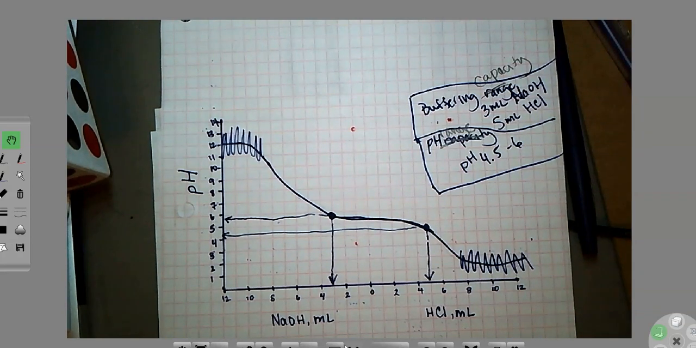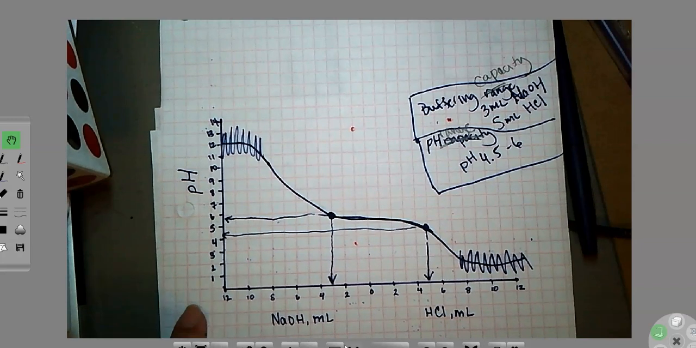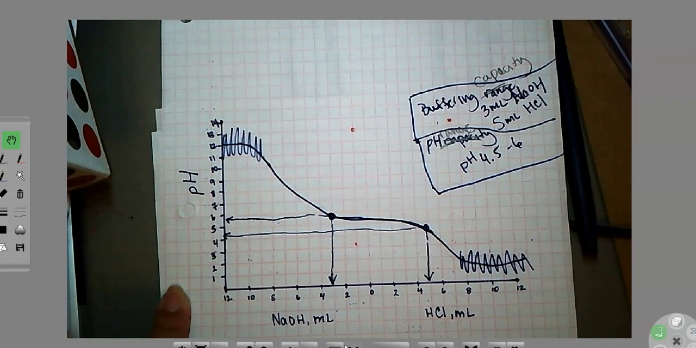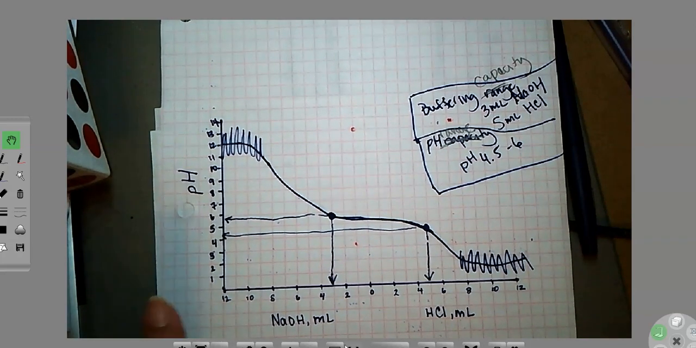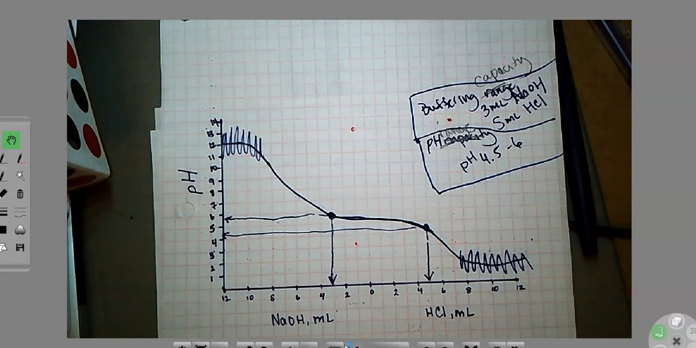So the buffering capacity is how much a buffer can handle, and that's going to be on your x-axis. And then the pH range is going to be the range in which your buffer is working to maintain the pH, and that will be on your y-axis. Okay, so the next video I'm going to do is I'm going to teach you how to